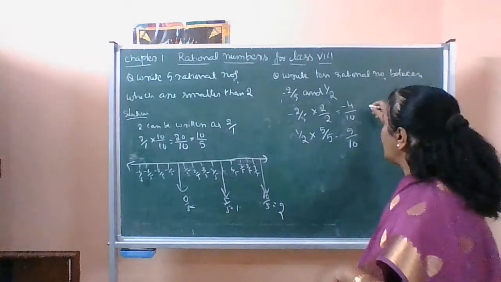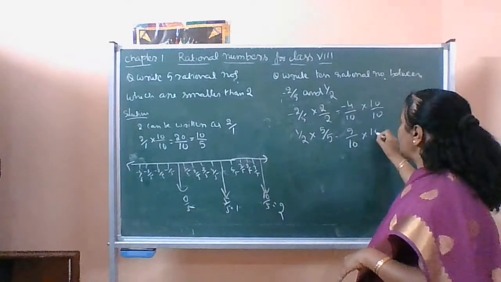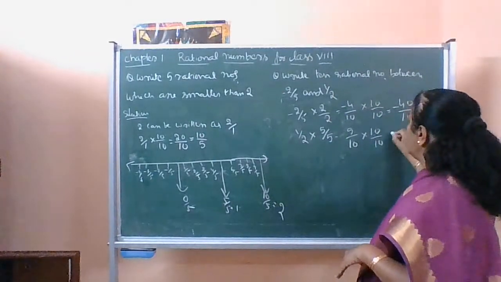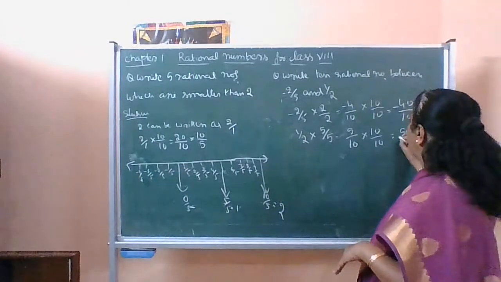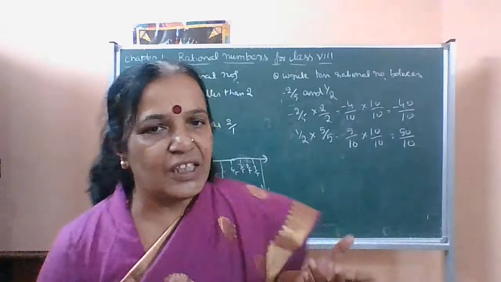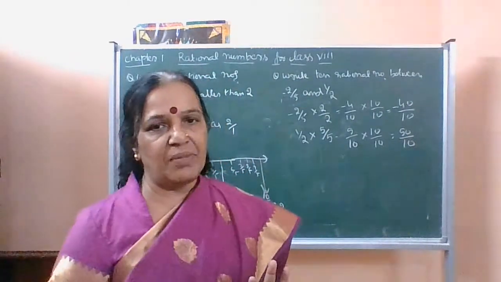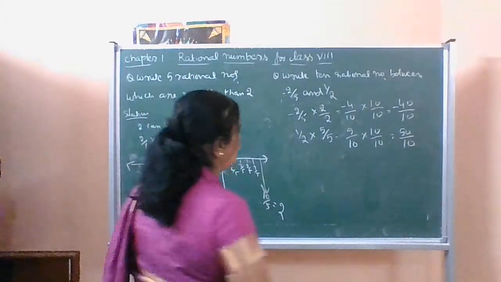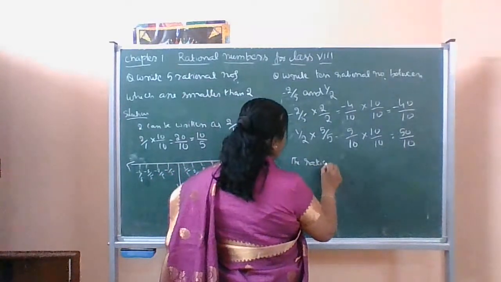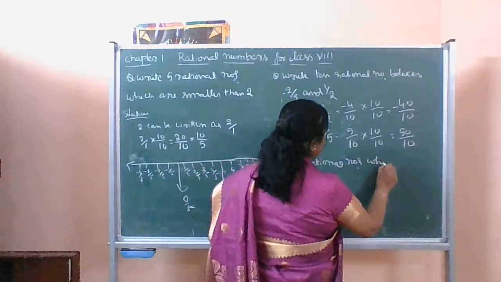Therefore, I will multiply both numerator and denominator by 10. You will get minus 40 by 10. Here it is 50 by 10. Now you can write any number of rational numbers between them. If you want only 5, you can multiply by 5 also. Therefore, the rational numbers which come in between